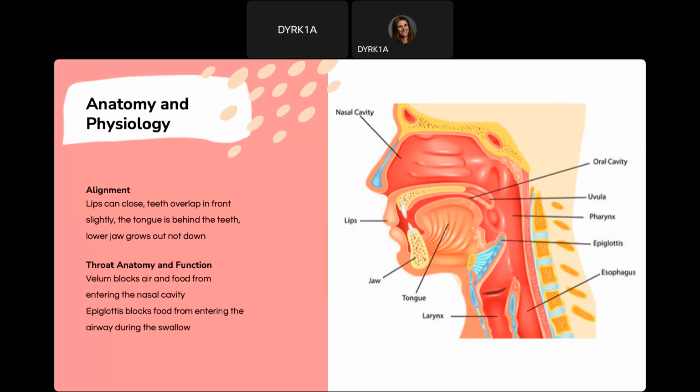Okay, and then as we look at the alignment of the oral cavity, we want the lips to close. The teeth are going to barely overlap, the top barely over the bottom. The tongue is resting behind the teeth, not in between the teeth or out beyond the teeth. And this is really for, if we think of the tongue resting in the mouth, if our mouth